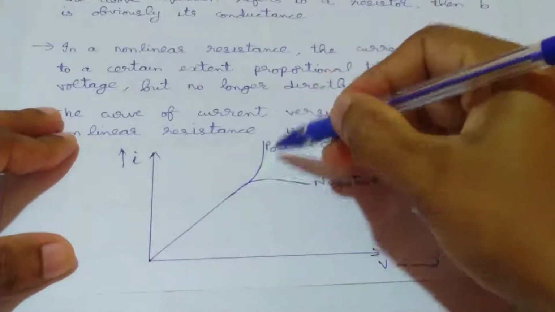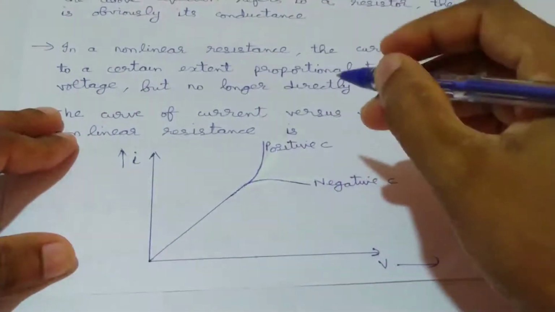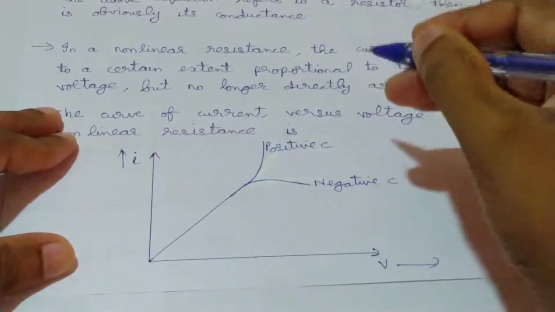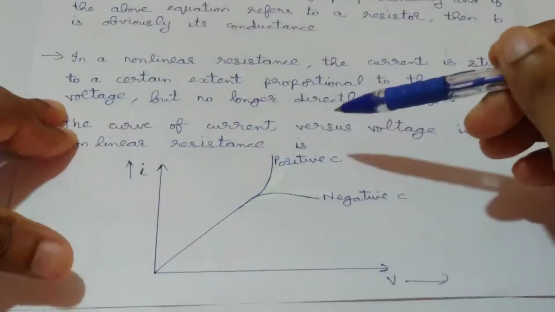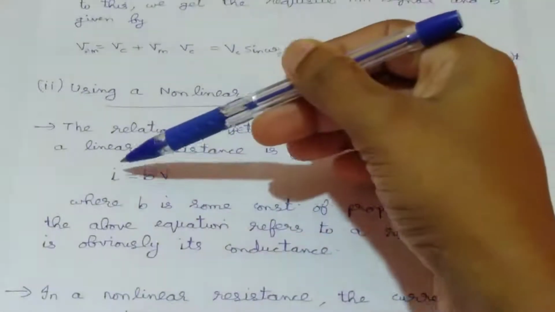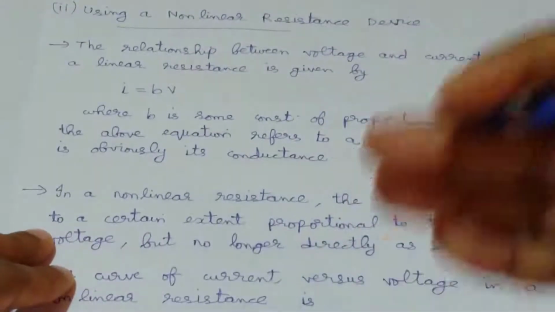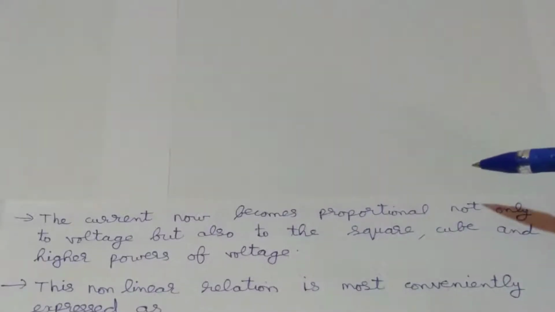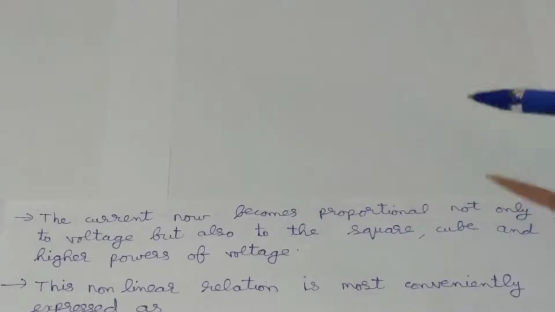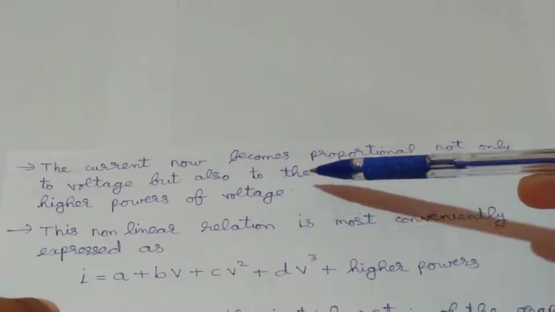resistor. So in this nonlinear resistance case, the current now becomes proportional not only to voltage but also to the square, cube and higher powers of voltage. So in the case of nonlinear resistance, the current to voltage relation is not like this. We can represent that current to voltage relation by using another expression. Let's consider that expression. As I said earlier, the current in the case of nonlinear resistance now becomes proportional not only to voltage but also to the square, cube and higher powers of the voltage, and that nonlinear relation